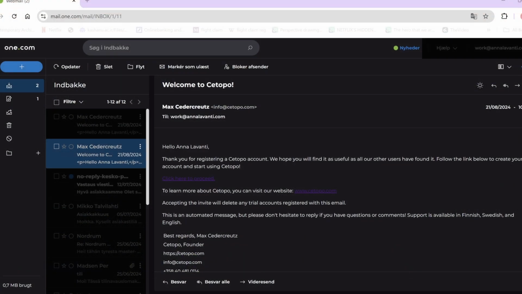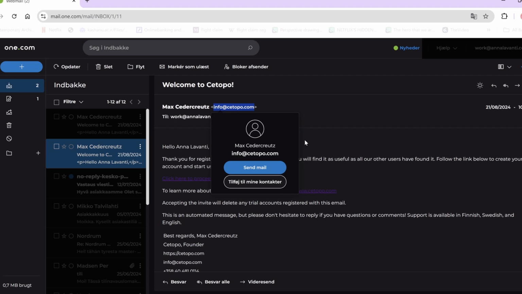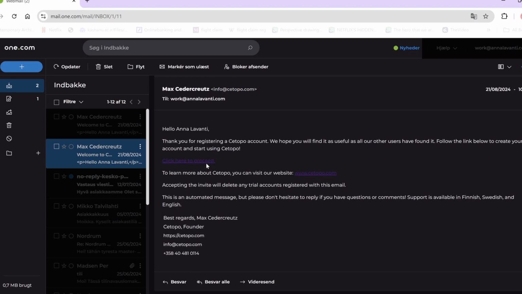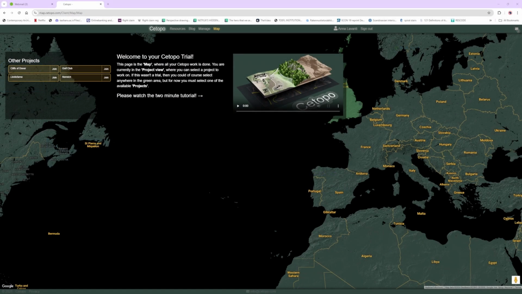Once you've signed up, check your email for a message from info@cetopo.com. Inside, you'll find a link to access your trial. Just click that link, and you'll be all set to start exploring Cetopo and all the features available to you